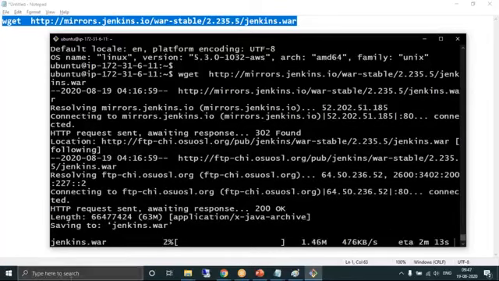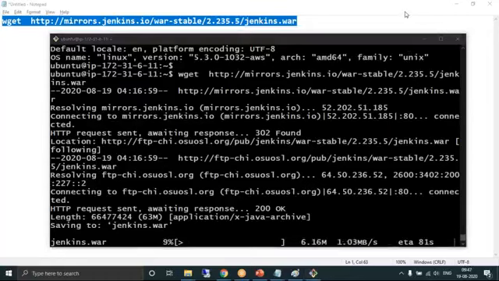Now what is happening? The WAR file is not downloading in your Windows machine. Sai, it is downloading in the dev server.